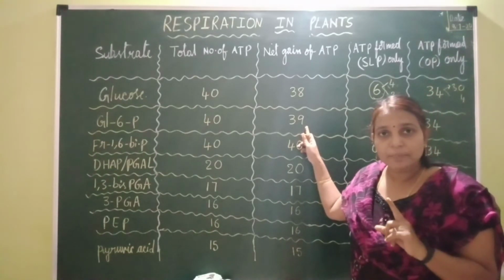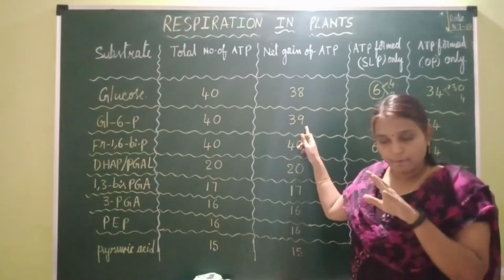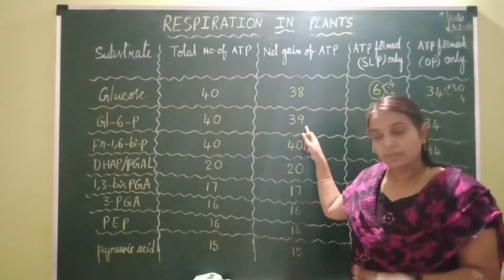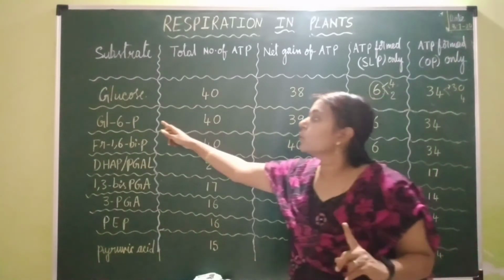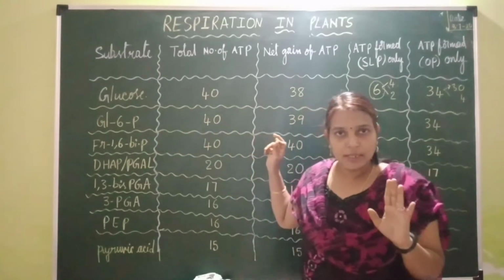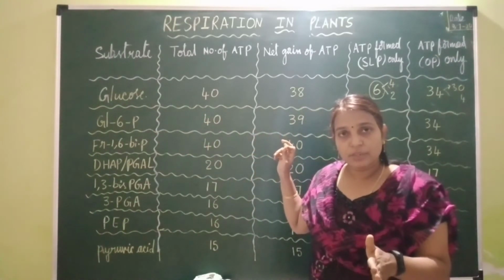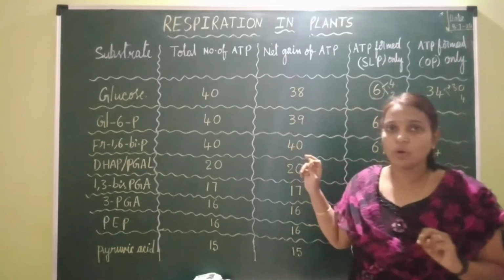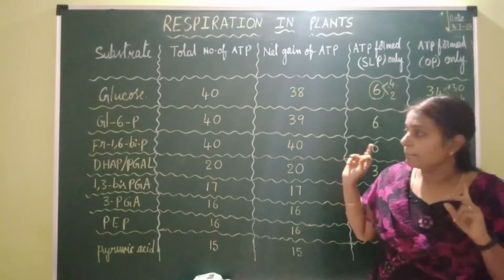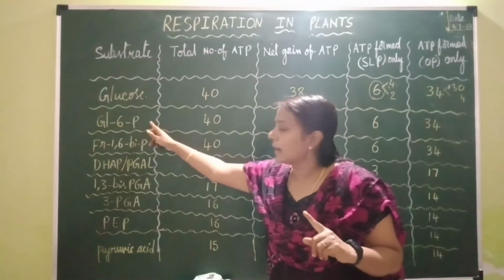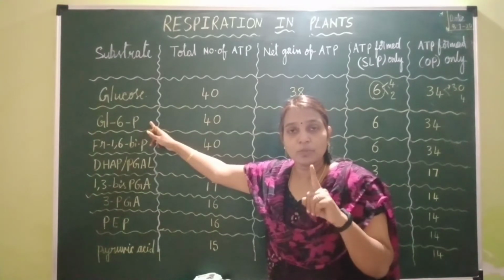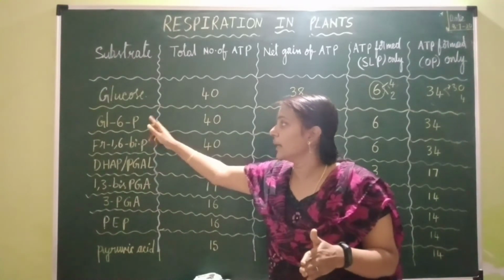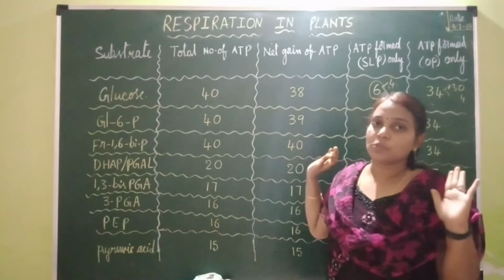Why is only one ATP consumed during glycolysis? Where do we have to start calculating from? We have to start calculating from glucose 6-phosphate. Actually, when glucose undergoes oxidation, we are saying that 2 molecules of ATP are consumed. But now we are saying that only 1 molecule of ATP is consumed during the oxidation of 1 molecule of glucose 6-phosphate.